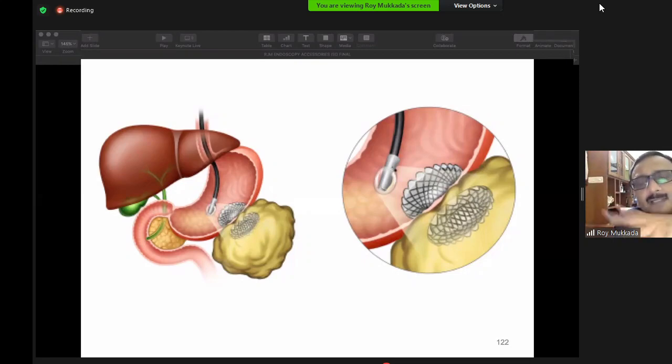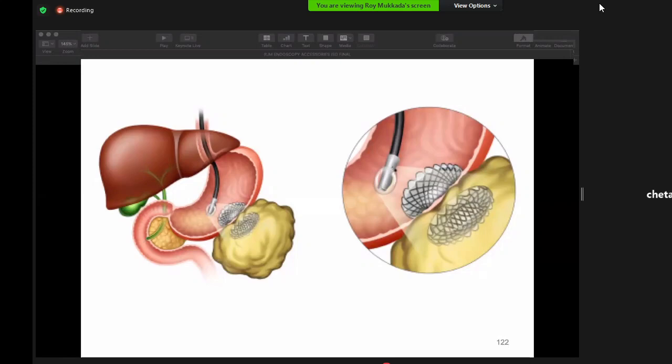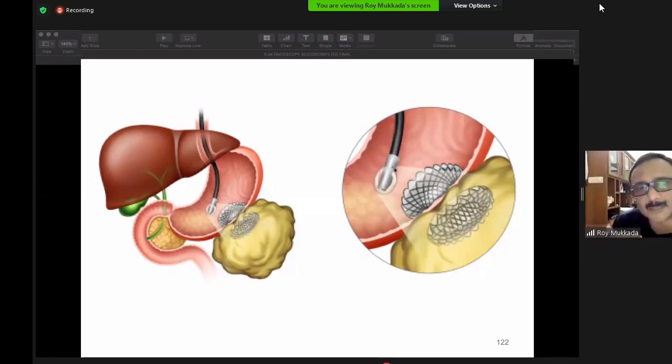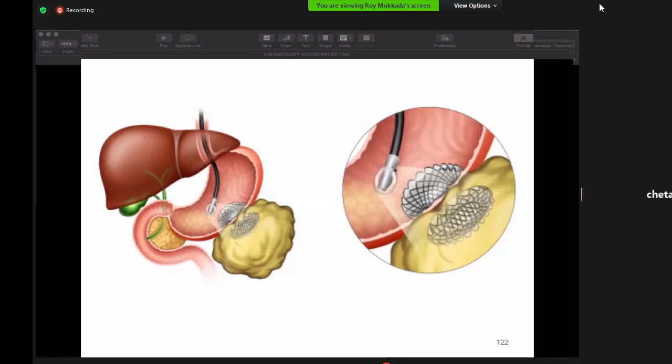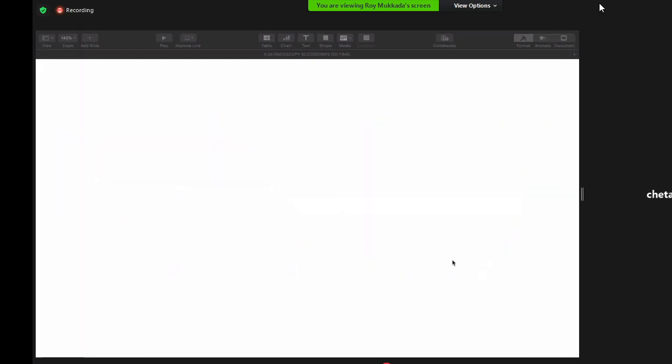So if you put a stent, you think that this patient has got a walled-off pancreatic necrosis, which is infected. So you put the stent. So you want to do a necrosectomy. So when will you do that? The same sitting you do that? You wait for the drainage of the collection, sir. If it is not draining, then you can go ahead with the necrosectomy.